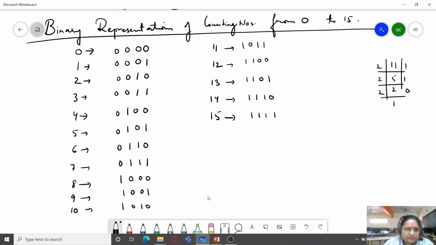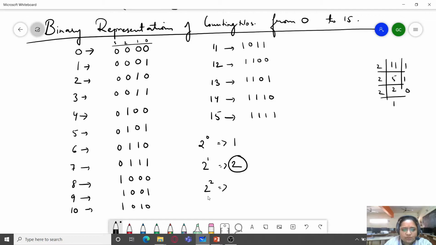So here you can see the weights 0, 1, 2, 3. When it is the 0th weight, 2 raised to the power 0, that is 1, the jump factor is only 1. That is, every next bit will be reversed: 0 is reversed to 1, then 1 reversed to 0, then 1, and so on. When it is 2 raised to the power 1, after every 2 bits the bit will be reversed. First 2 bits, then again after 2 bits it is reversed, and so on.